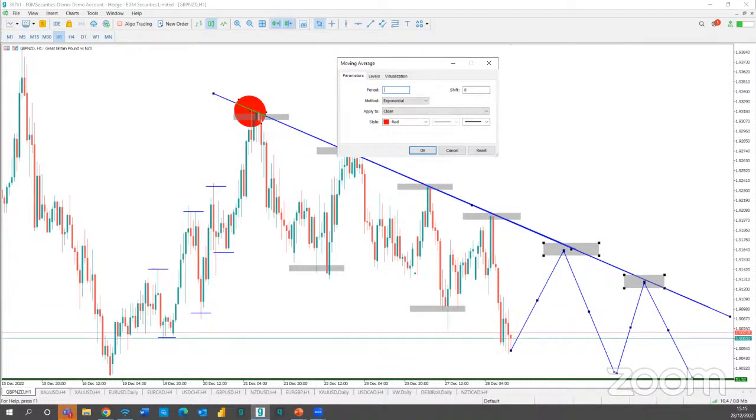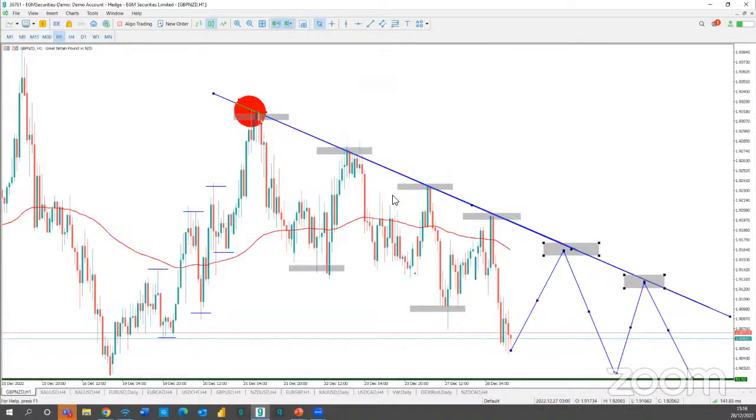So in this case, let me put 100. And then I click OK. In this case, it is not giving us a clear direction of the market because it is up and down. So it's always good that you also learn how to draw the line yourself, join the peaks. It becomes even better. But a moving average is one other very simple tool you can use to find the direction. Let's go to the next